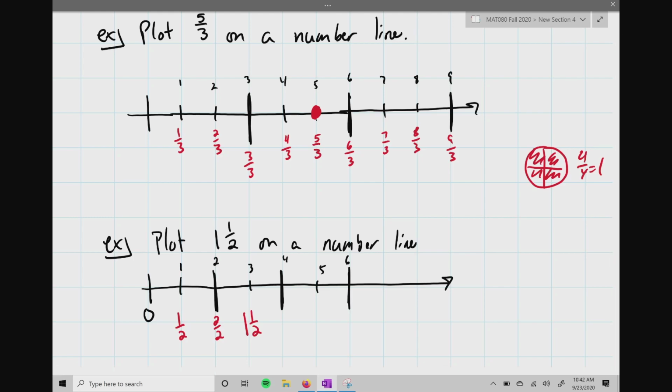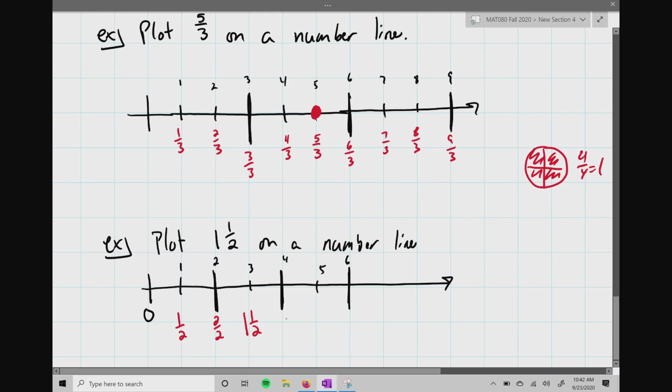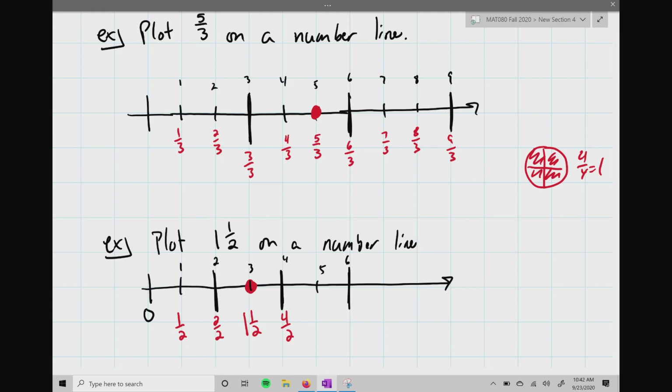Are you sure? All right. And the next one will be 4 over 2, okay? And so forth. But right here is going to be the 1 and 1/2. Now, I'm trying to build a relationship here if you haven't seen it. And if you haven't seen it yet, don't worry about it because I'm going to show you what it is in a second, okay? But I'm trying to build a relationship because there is a relationship here between